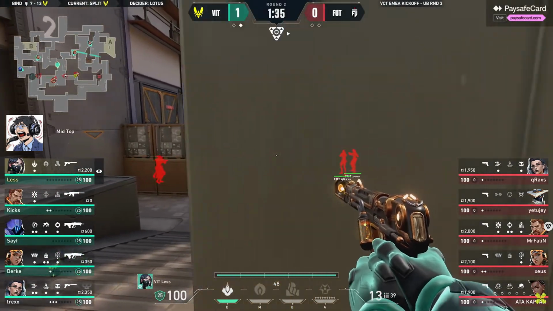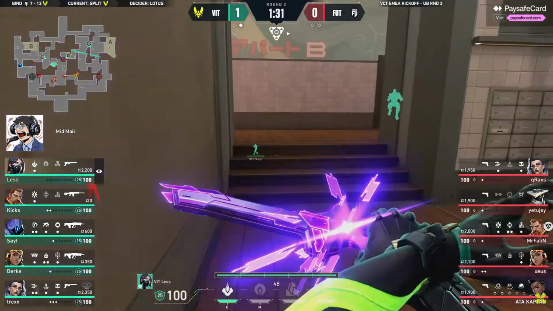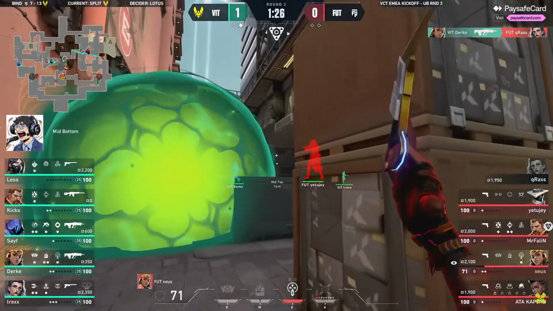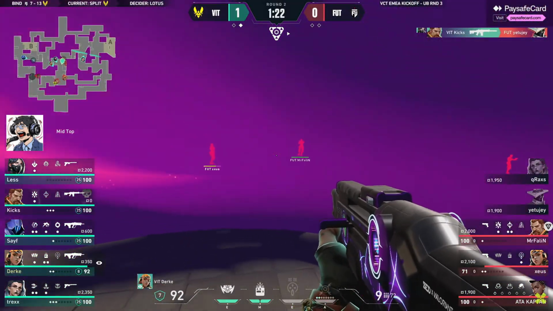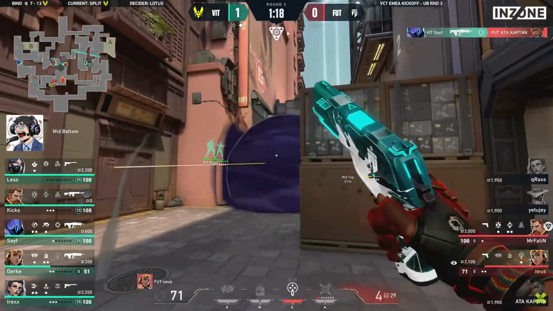Now, should be an easy round for them. That's just taking a little bit of control over mid. He might not spend the 3 players. He's definitely going to back up now. Yeah, Derke already going to find cracks. I just want to see the level that we get from Vitality here, right? That's my interest. And same for FUT as well, is what do we get to see from these two